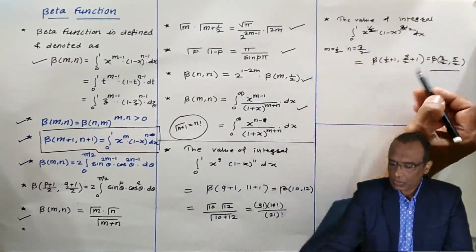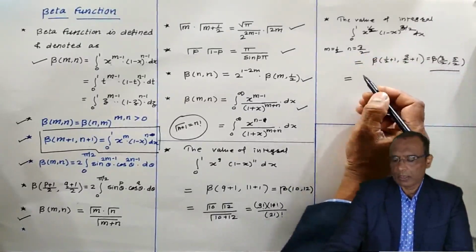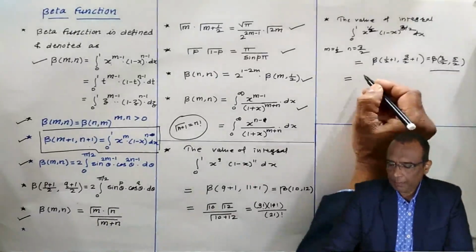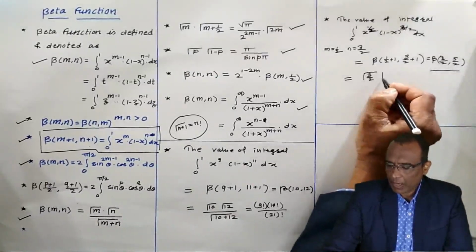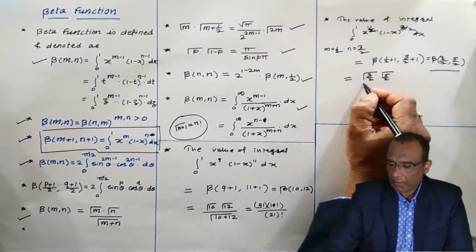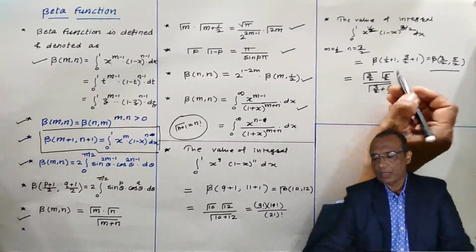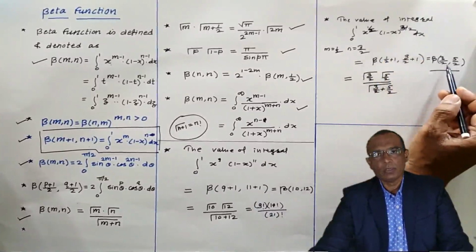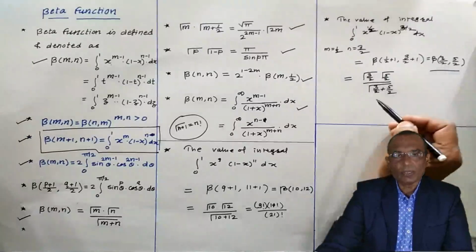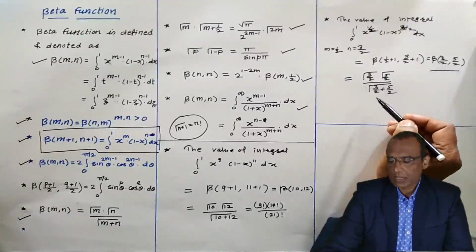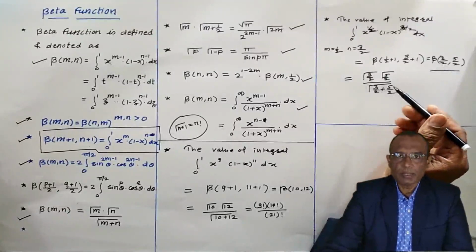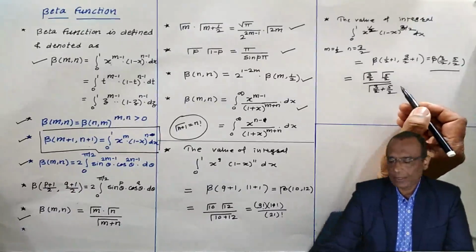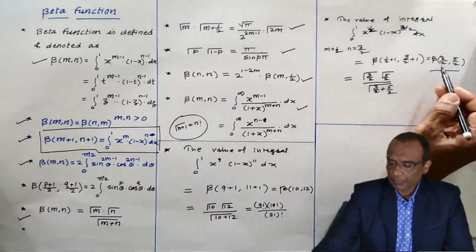It can be further solved using the gamma function. So beta(m, n) is gamma m times gamma n by gamma (m plus n). In the examination, suppose this integral is given to you. In the options you will find this as the answer. But I am going to solve it further. There may be chances that the most simplified answer is in the options. That's why we are going to solve it further. But it is more likely that this will be in the option.